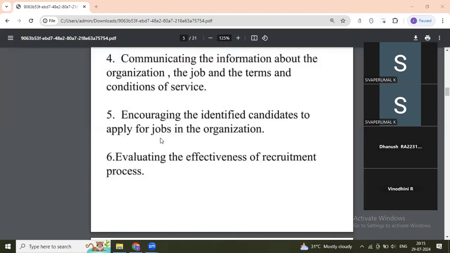Some of the candidates will be influenced by the salary, so that's why I'm mentioning that. And the third one is evaluating the effectiveness of the recruitment process. We have to evaluate how